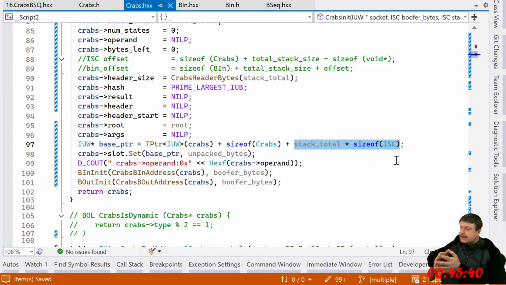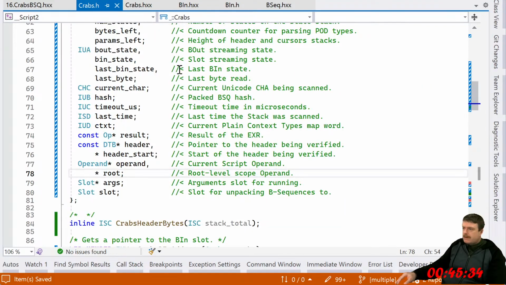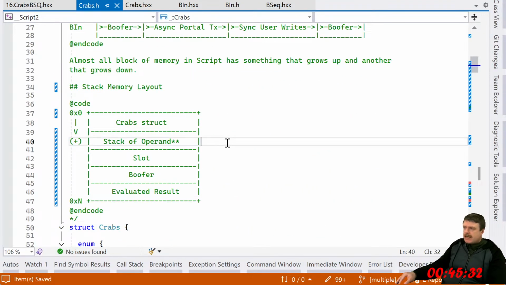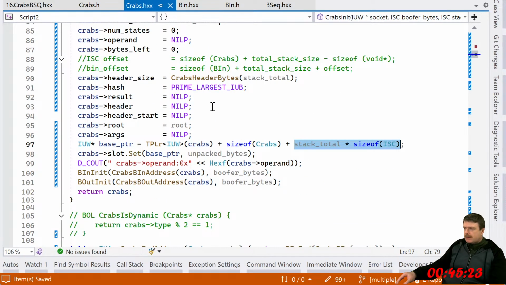Why is it like that? That doesn't make any sense at all. Because this is a stack of operand pointers. Okay. So it couldn't possibly be that. This has to be an error. Huh?